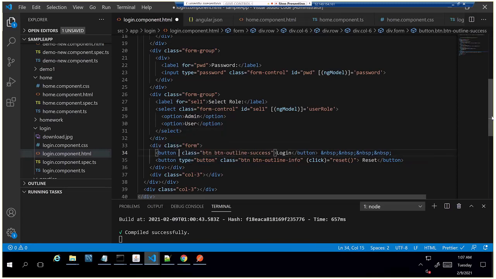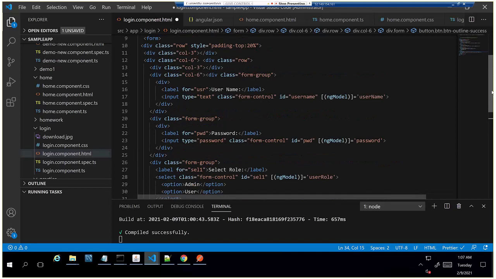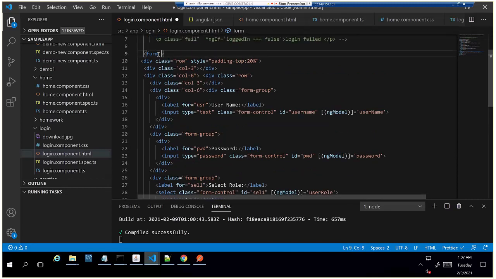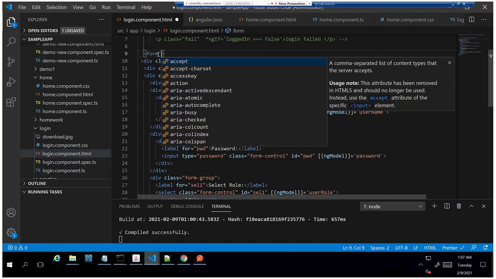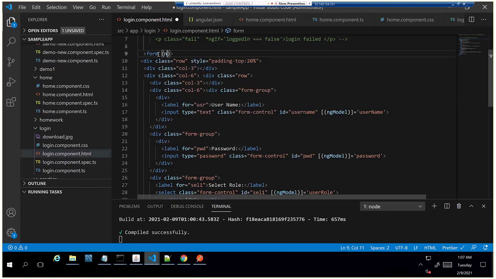And what I'll do is, the form provides one method, ng-submit. It is the same logic, the login method which we are calling.